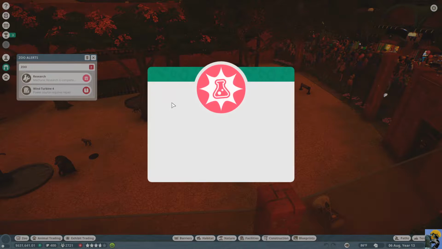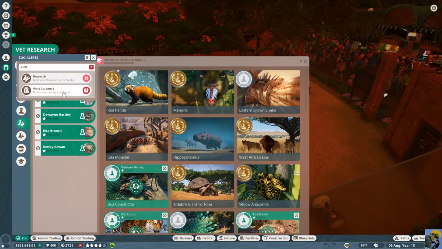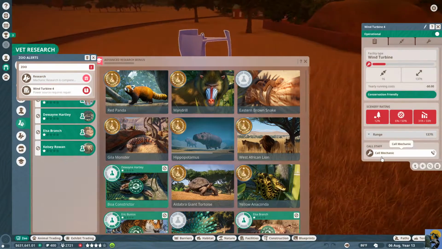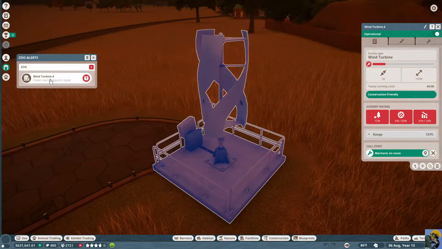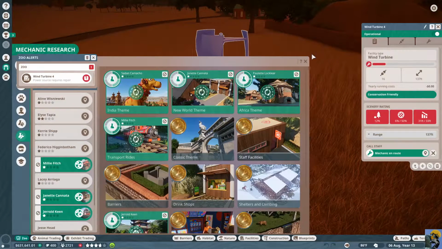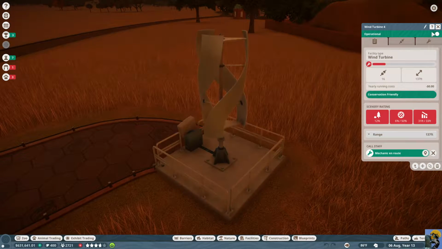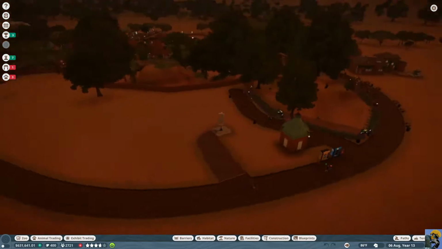Let's see, so we completed some vet research. Boa constrictor. And we need repair. And we completed some more research on food shops, and we're all done with food shops. We're doing really, really well on mechanic stuff. We only have 5 more to max out. Alright, so